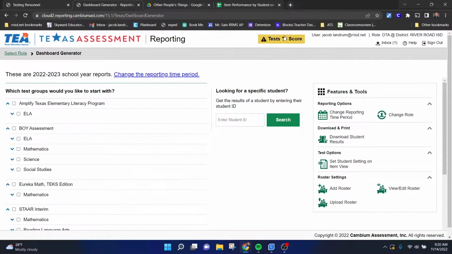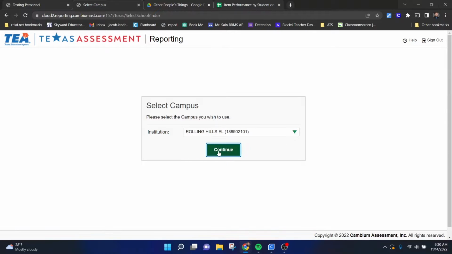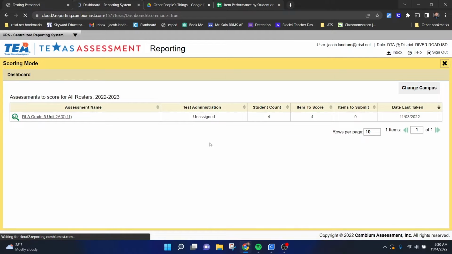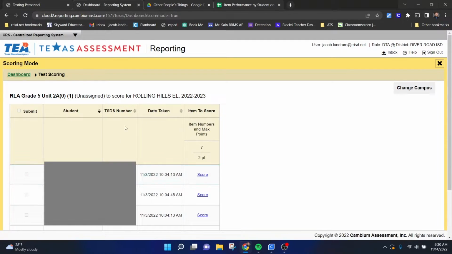If you see this up here, it means that there are constructive responses, short answer responses, stuff like that that needs to be manually graded. And if you see this, you have the option to grade it. So if you click this, it'll again ask you which institution. The only ones that I have available right now are these Rolling Hills ones, so I'm just going to go through onto those. And then it'll tell you how many students and how many items need to be checked and graded. So if I click here, it'll show me their names here, which I'm going to hide in my edit. And then if you click on the score,